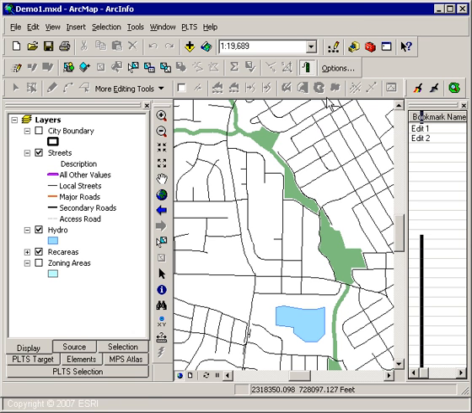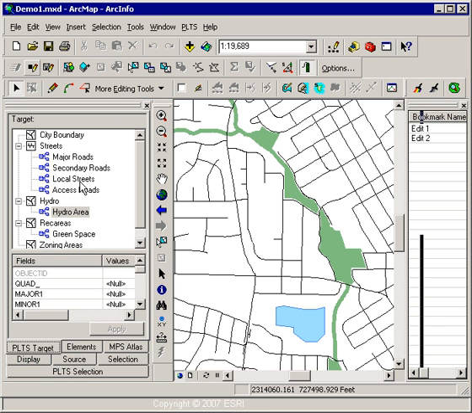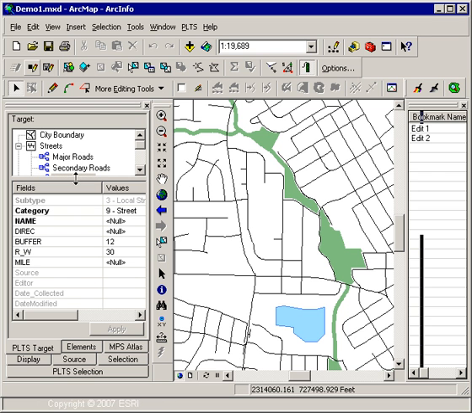Now that I have my toolbar set, I'm going to go ahead and start my edit session from my PLTS editing toolbar. And I think what I'm going to do is create some brand new road features. So I'm going to set my target using my PLTS target tab to local streets. Now once I set the target, I need to then go in and make sure that I set my attributes for that feature. So I'm actually going to change my buffer distance to 15, and I'm going to change my